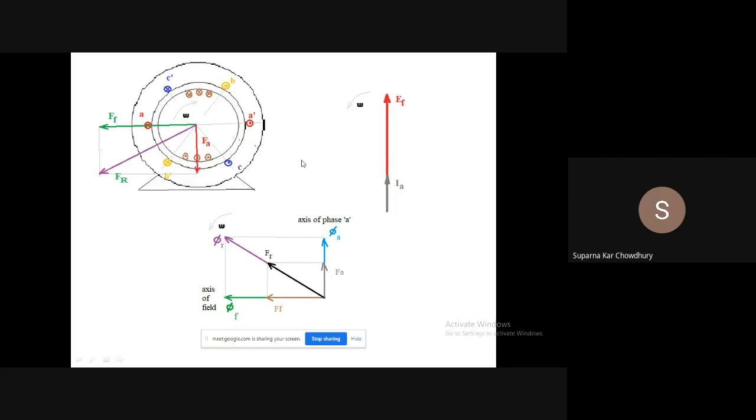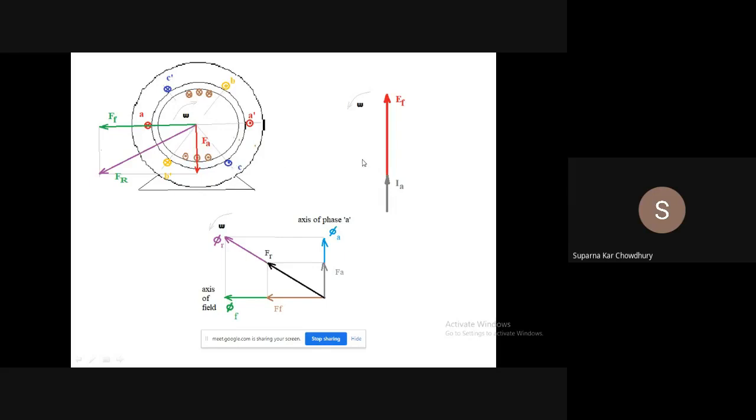That is changing with time, and this position is also changing with time. So they are both rotating at the same speed, so they are relatively stationary with respect to one another, but the angle between Ff and Fa depends on the power factor of